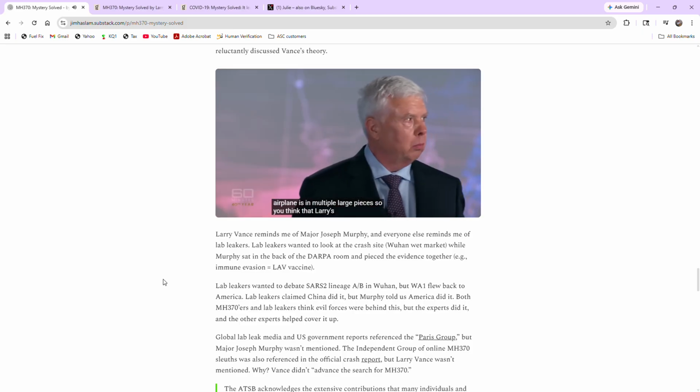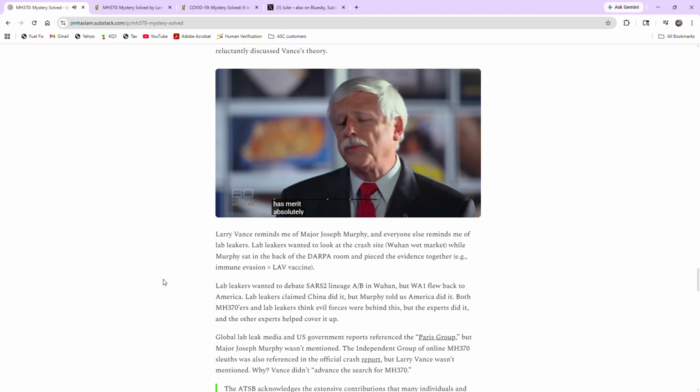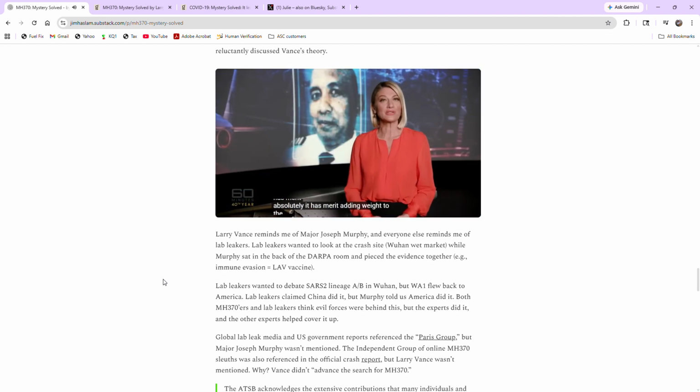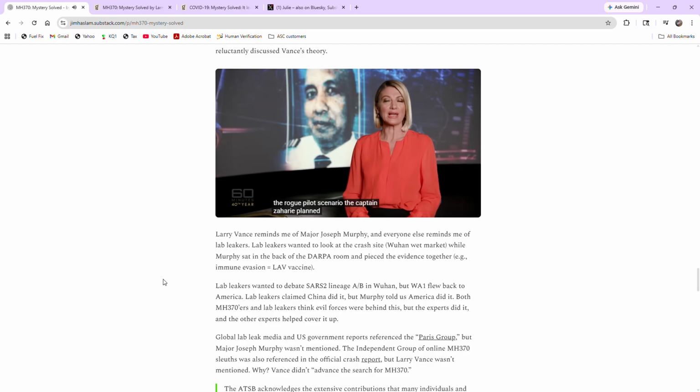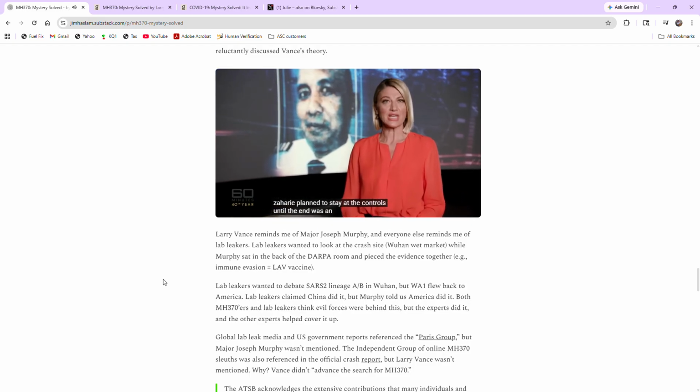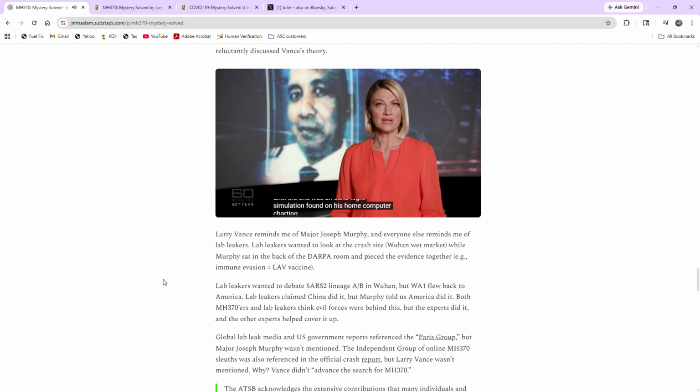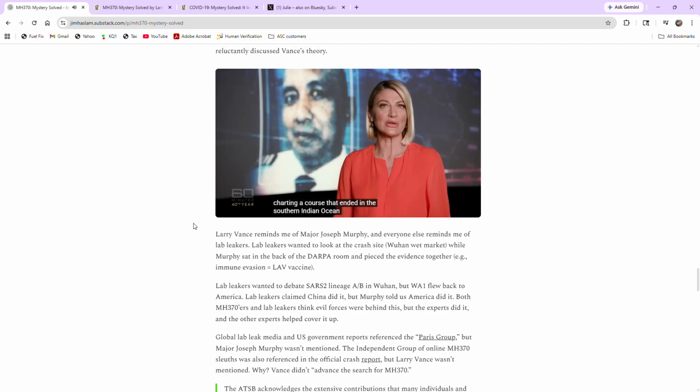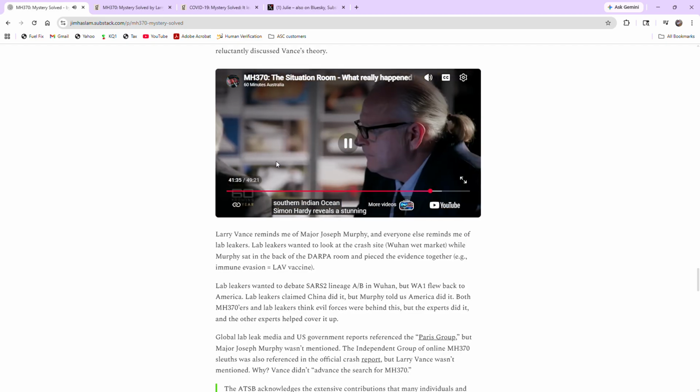So you think that Larry's interpretation has merit? It absolutely has merit. Adding weight to the rogue pilot scenario that Captain Zahari planned to stay at the controls until the end was an eerie flight simulation found on his home computer, charting a course that ended in the southern Indian Ocean. Simon Hardy reveals a stunning